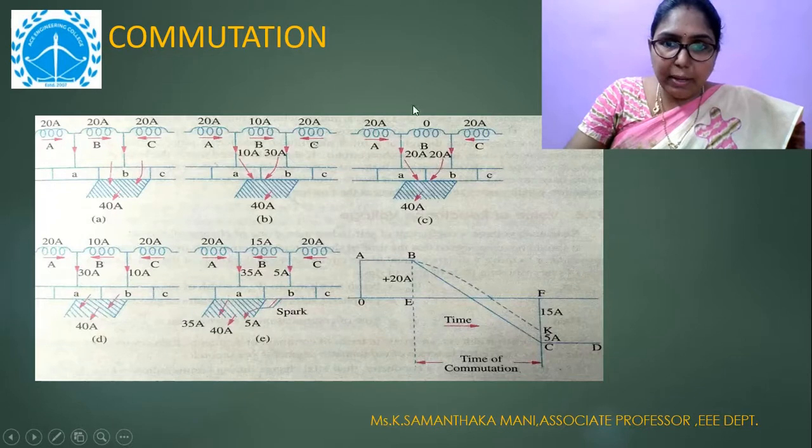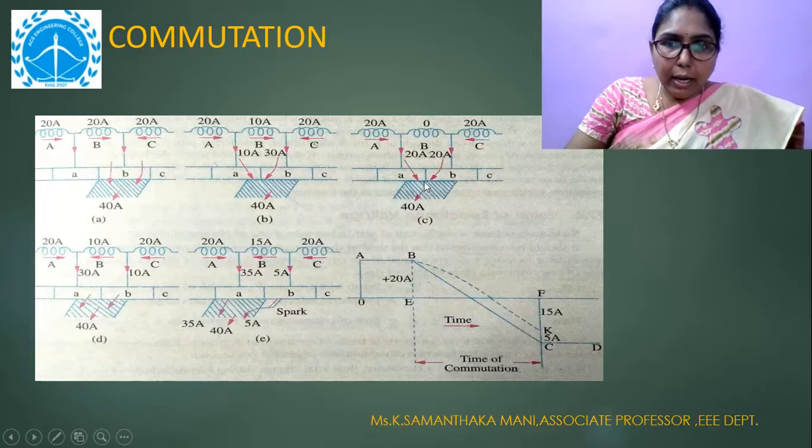This point is very important. No current is supplied by coil B, and it has been short circuited with the brush through the segments A and B. So this is called the start of short circuit. Short circuiting of the coil starts here, and it will end the moment the brush is exactly in contact with the segment A. So your commutation period starts at this point, right?